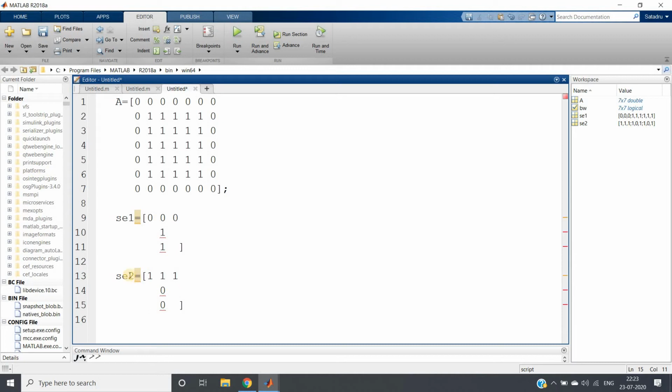So this is a more understandable way of seeing the structuring element for the background. Why? See, simple: 1 1 1 for the above row, and each position of the first column, like here 0 0 0, all will fit in this 1 1 1 and 0 0, because these are 1 1, right? So I am taking 0 0 here.